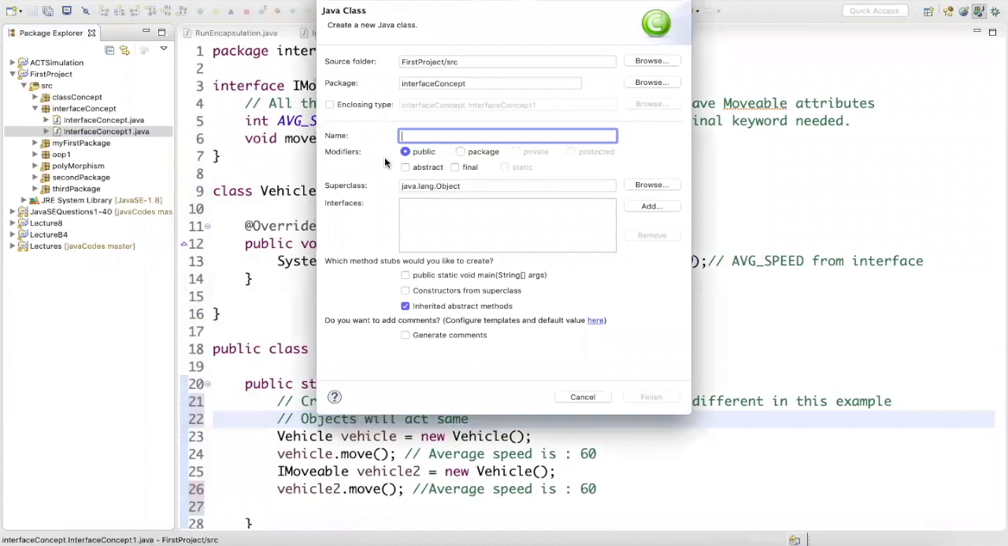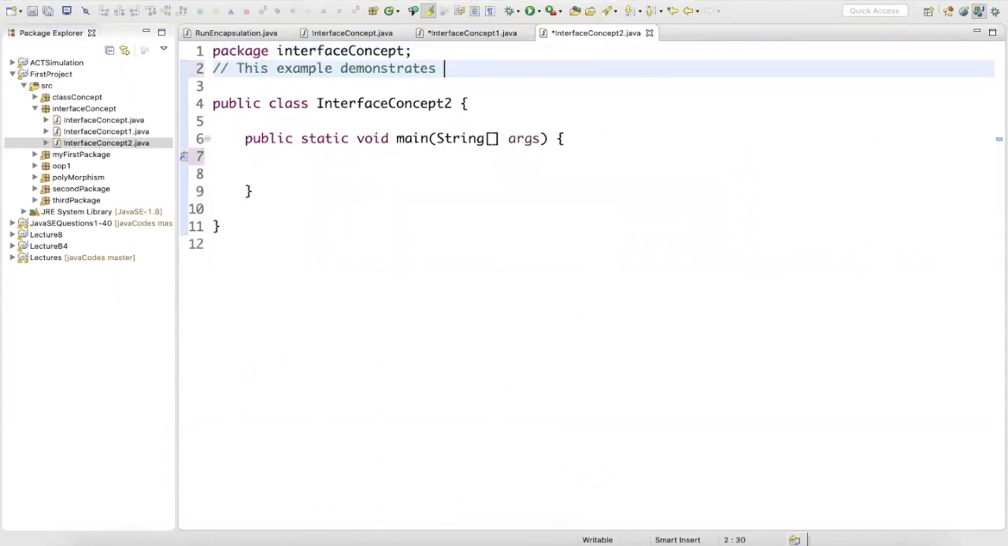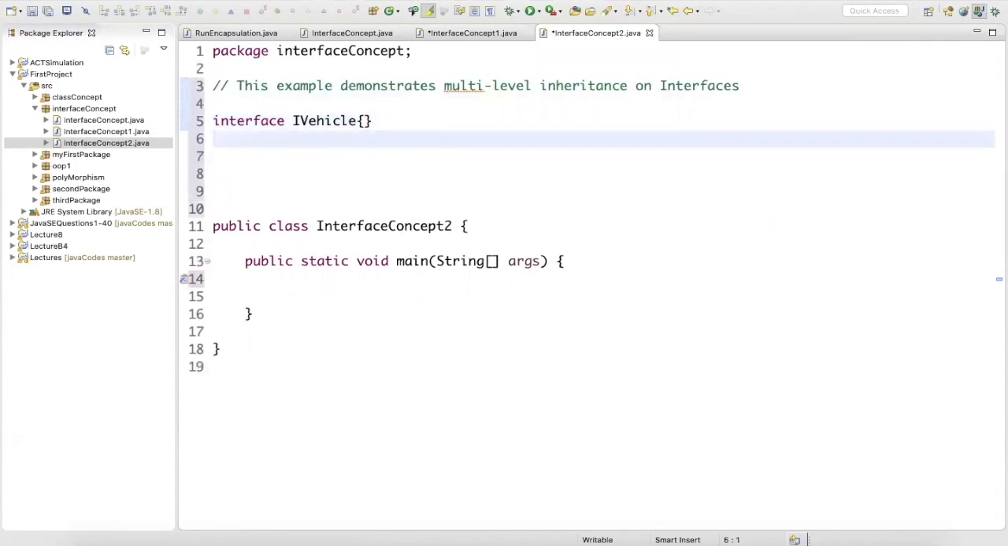I will create another class which is InterfaceConcept2, and in this example we are going to go over multi-level inheritance on interfaces. We will basically connect two interfaces to each other, and we will see how implementer classes act. While I'm writing this definition, let me tell you something. If we connect two interfaces to each other, my implementer class is going to implement all the abstract methods in these two interfaces. I created my first interface which is IVehicle, and I'll create another one as ICar,